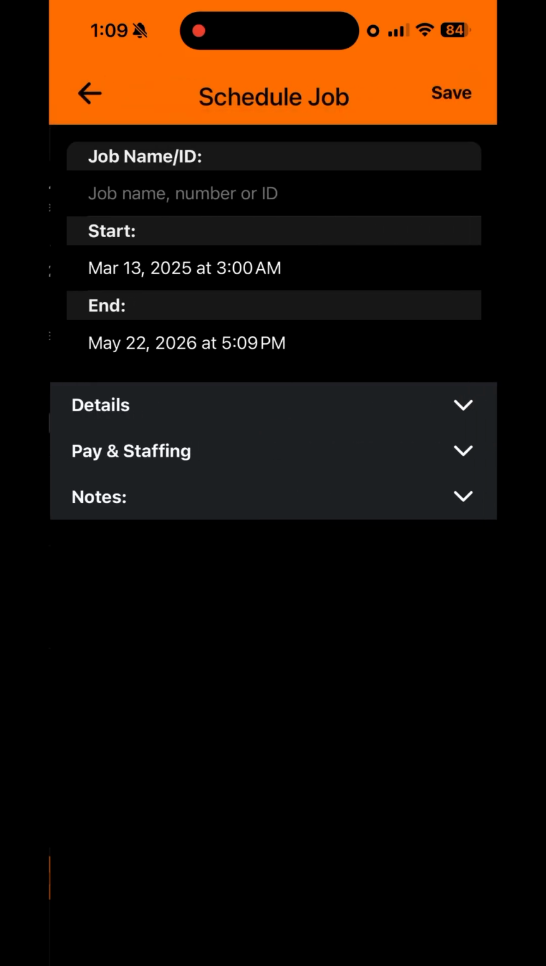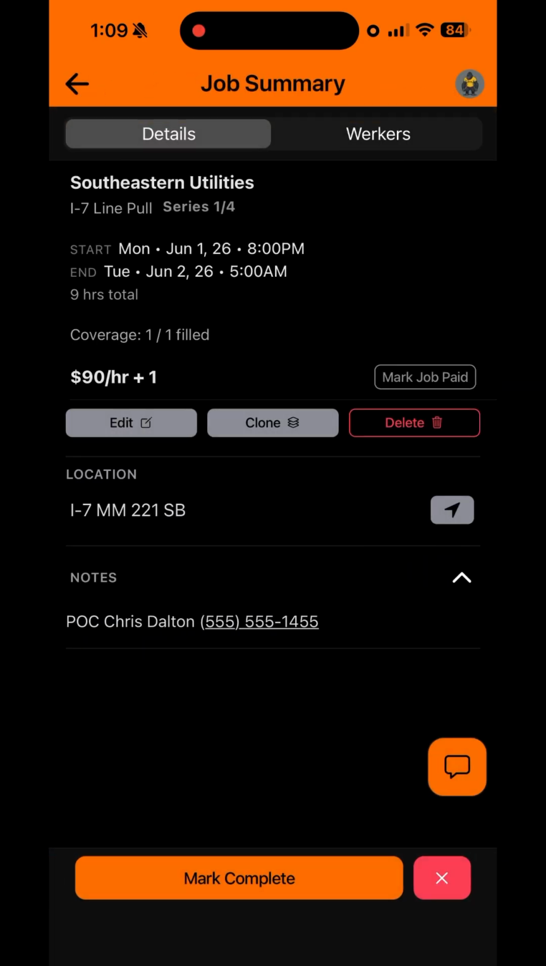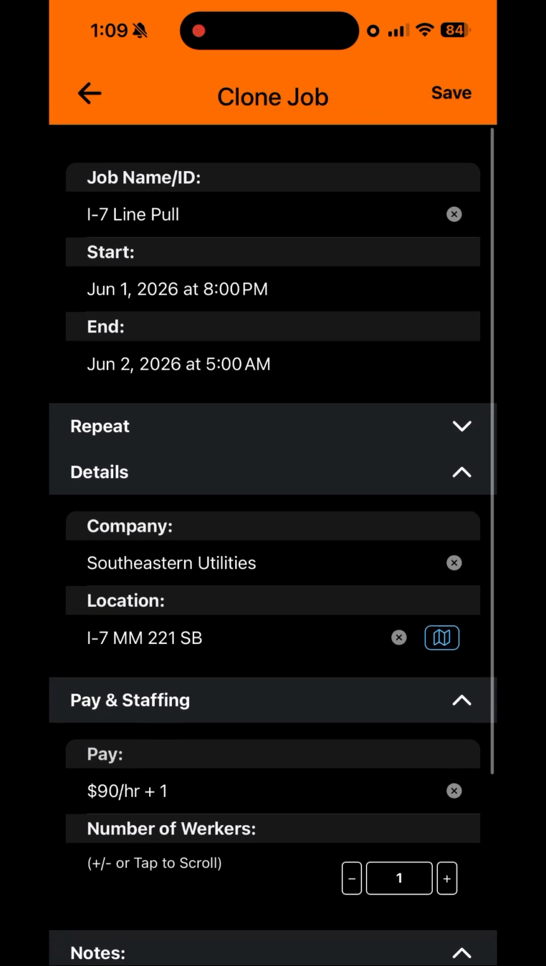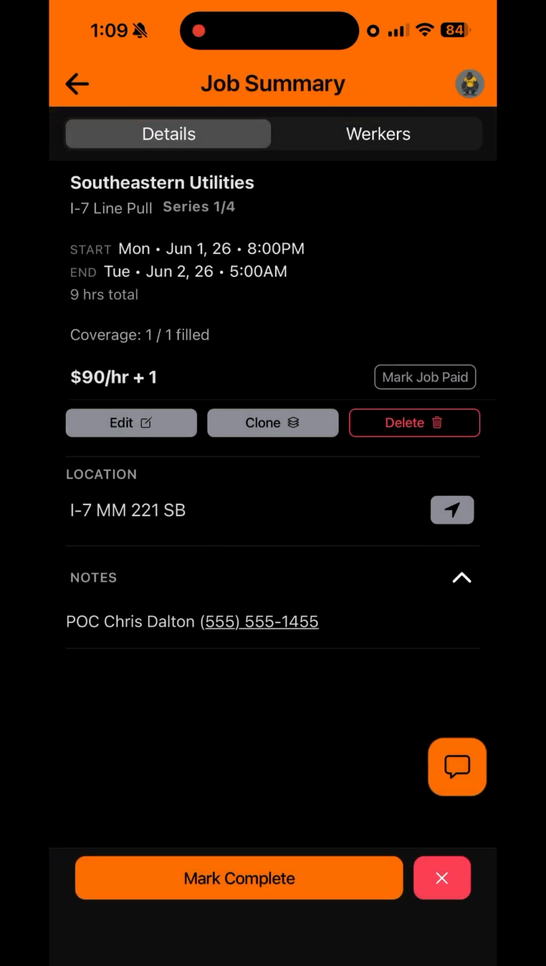Edit job's pretty simple. You click it, it allows you to edit anything in the job and save it. Clone job's a pretty cool feature. So this job is a series of 4 jobs, right? Monday through Thursday. Say Thursday rolls around and they say, hey, we need to come back one more day. The company reaches out to me as the scheduler, saying we need somebody for Friday. I can just click clone job and clone this exact job, leave it exactly the same. I'll just change the date for Friday, hit save, and I will have created a 5th job in the